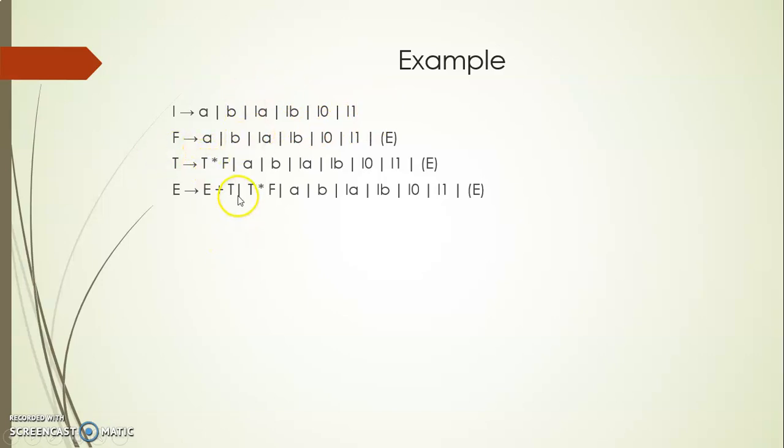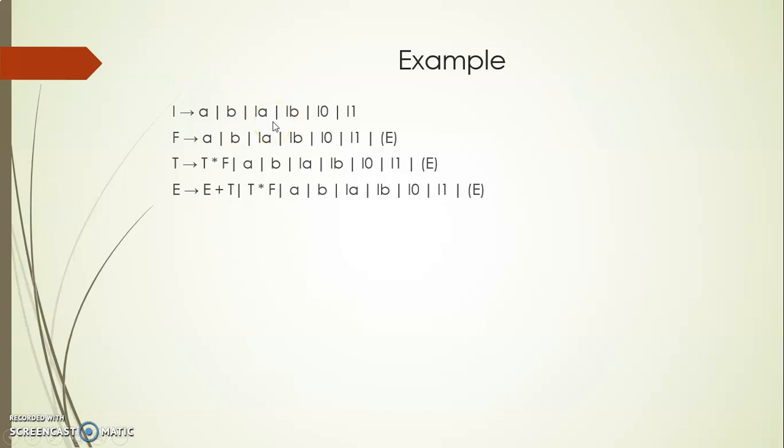Similarly for the subsequent productions. Usually they'll convert this context-free grammar into Chomsky normal form by following two steps. It will not be explicitly mentioned, but actually they'll follow this in sequence. First of all, they'll leave the single terminals that are present, and they'll go with the options that are a combination of terminals and non-terminals. First, the options made up of combinations of terminals and non-terminal symbols are converted to a combination of non-terminal symbols.